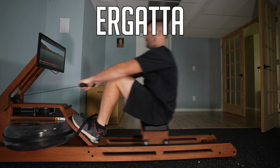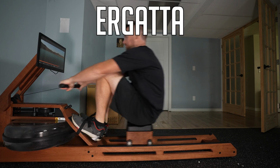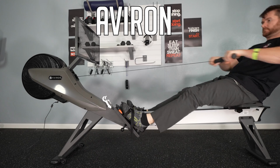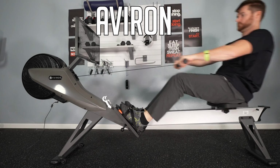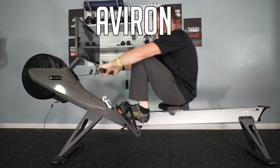And as I mentioned, the resistance is fantastic on both of them, but it is different. The Ergatta is water-based, where the Aviron is more mechanical. So with the Ergatta being water-based, it's got more of a feedback to it. Instead of being consistent, you can feel a little bit of a texture in the row. And depending on how you're rowing, whether you're doing pauses in between or if you're keeping up a faster pace,